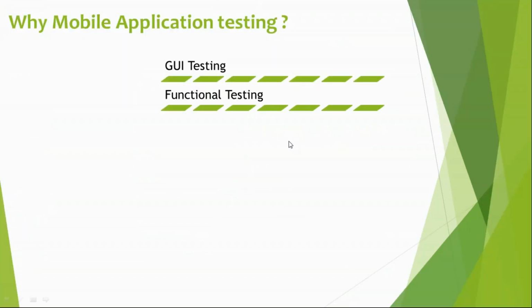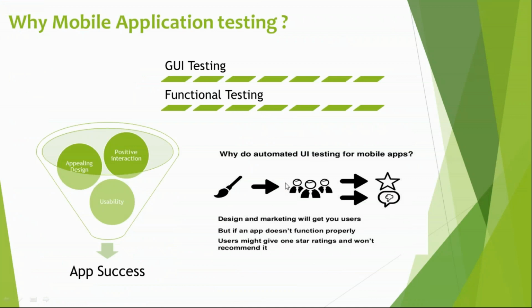So that's where you have seen right now that on iPhone it loads in a different way, on different devices. You cannot keep on doing manual testing for all the operating systems like Android, iOS, Windows mobiles. That's where you come up with an automation solution where you can automate the user interface and check whether the test case is passed or failed.